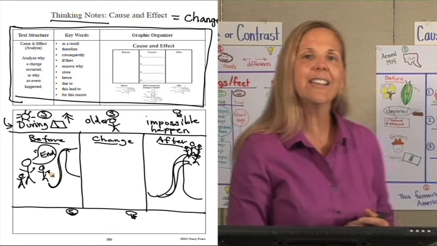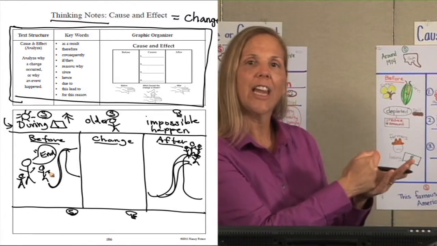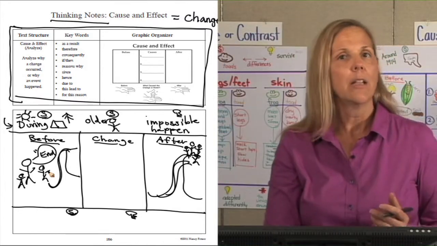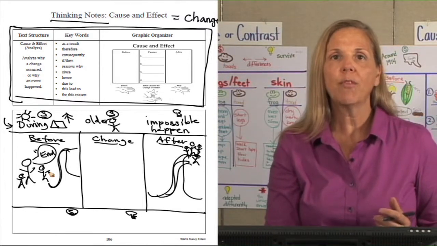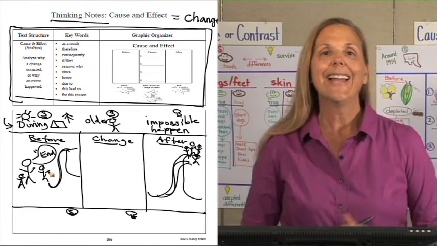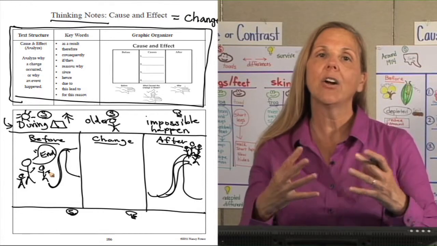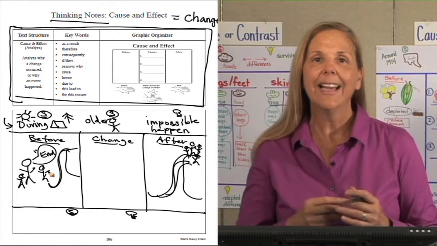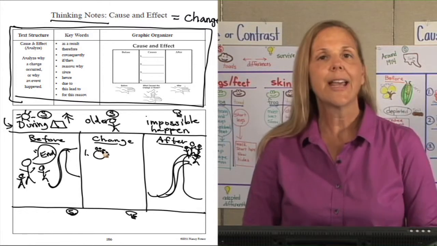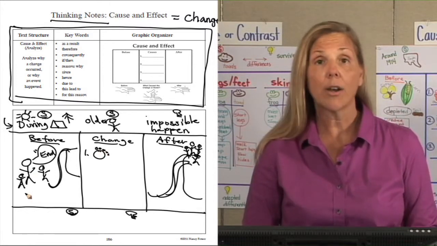What are we going to fill in? What caused the change? What were the reasons to get them from, there's no way we can climb this waterfall, it's impossible, to all four of them are at the top of it. At that point, the students and I are analyzing that story. And the first thing we came up with was the next day, after they had gone on that first hike